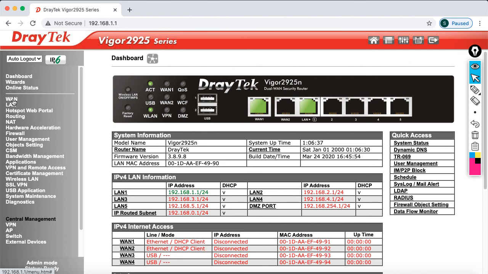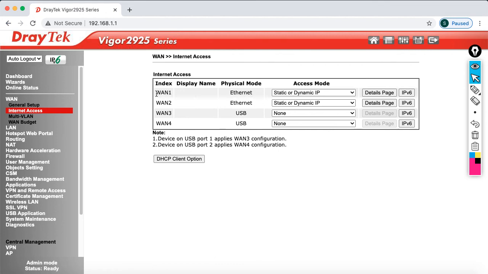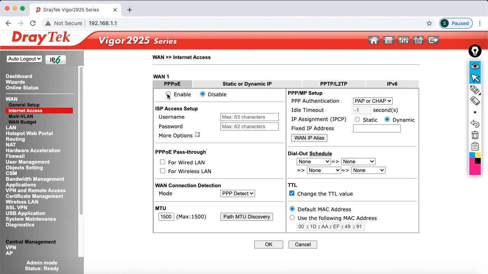So I'm going to configure the PPPoE. To configure the PPPoE client, just click on the WAN. Then after that, click on internet access. Then if you see here the WAN 1, you can select PPPoE, then click on the details page. Now you can directly jump into the PPPoE. Enable PPPoE. Then specify the username and password. So I'm going to specify ISP user and the password.